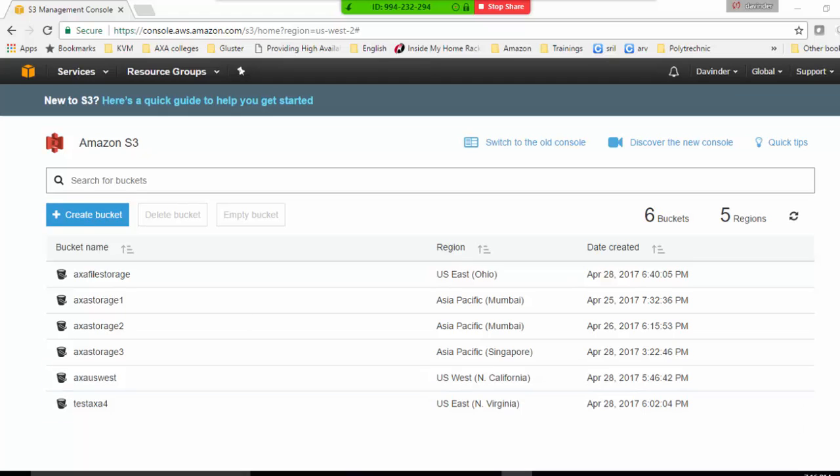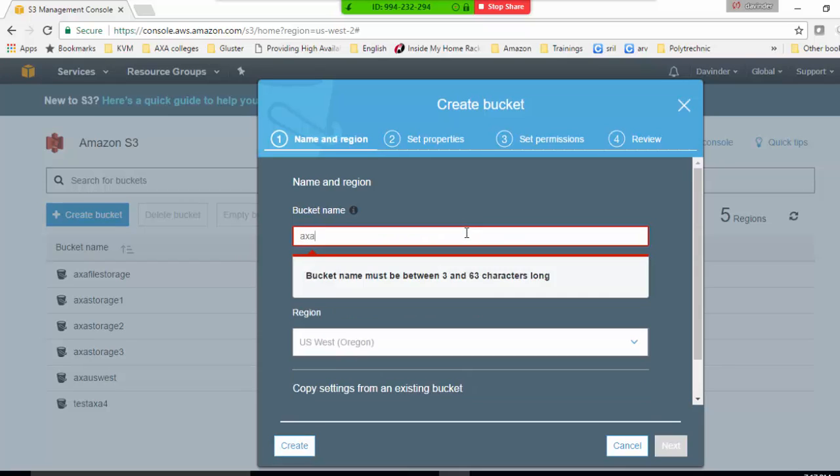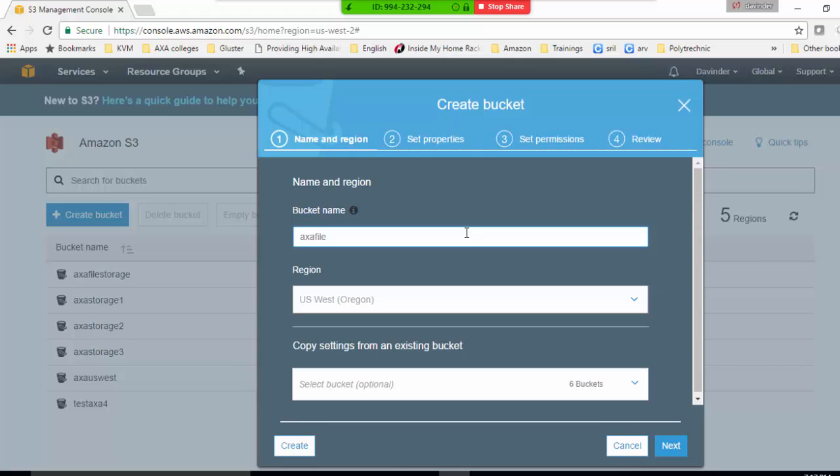So today we are going to start our S3 versioning. Last time we created a bucket, many buckets we have created. If you want to create a bucket again, we just have to give a unique name. So I'm giving the name Excel file